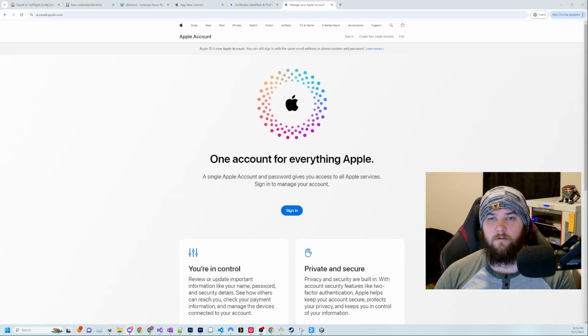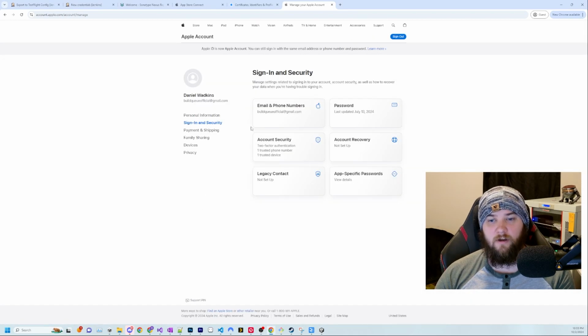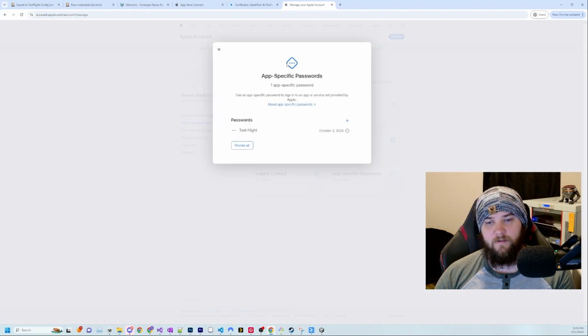The first thing that you need to do is open up a new tab in the browser and go to account.apple.com and then go ahead and sign in with your credentials. After you've signed in, over in the lower right hand corner, select view details on app specific passwords. So what this says here is use an app specific password to sign in to an app or service not